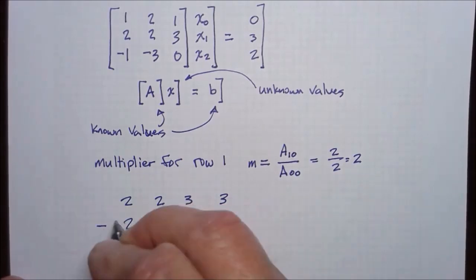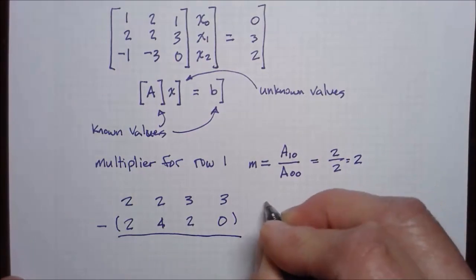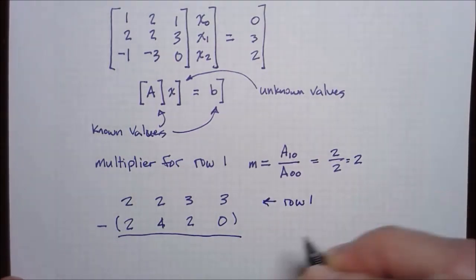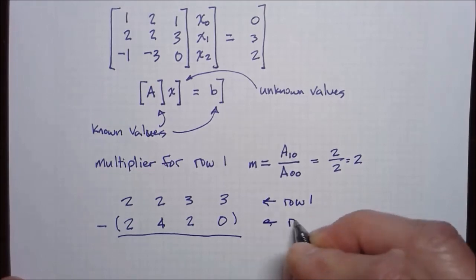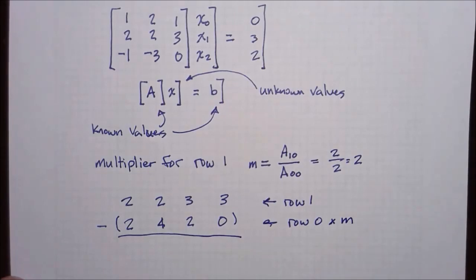So then I'm subtracting all of that. So this is row 0 times our multiplier,